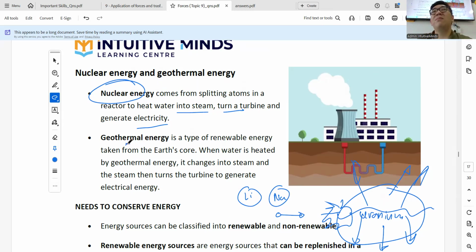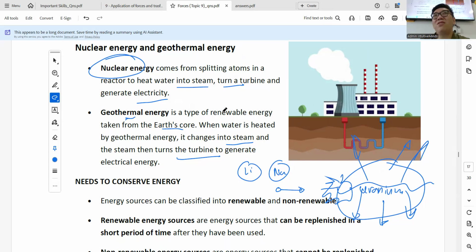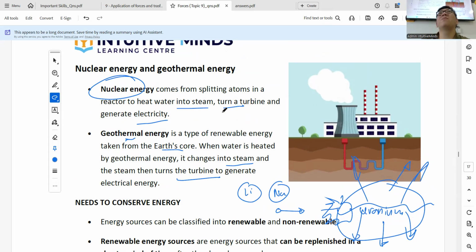Geothermal is also similar, except the energy comes from the Earth's core. There are certain parts of the world where a lot of heat comes out from the ground. So you can use this to convert the energy by heating up the water, which turns into steam, and then the same thing. Actually, it's all turbine electricity stuff. A lot of our power generation is based on this technology,